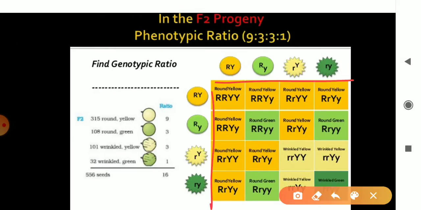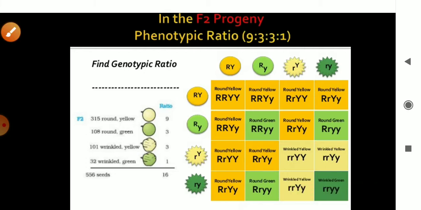And what did he say? He said that the factors get separated at the time of gamete formation, which means a gamete gets only one factor for each character, and these gametes then again fuse and pair up. When they fuse, the factors pair up again after fertilization. So when this particular gamete fuses, you get a combination of this kind. These two gametes can fuse, or there may be a fusion of these two gametes, and when we go on doing all the crosses, we get 16 different possibilities.